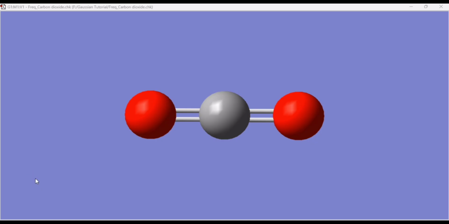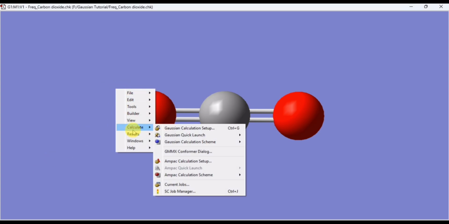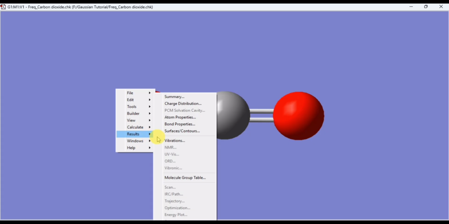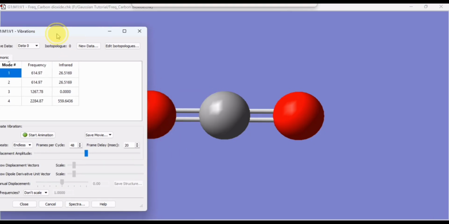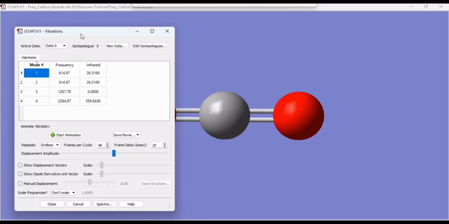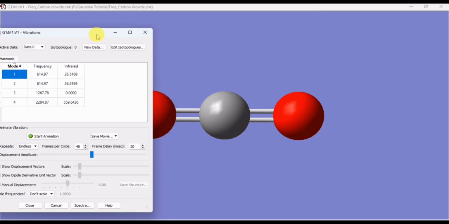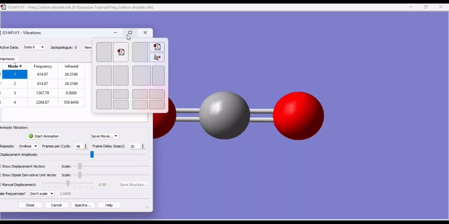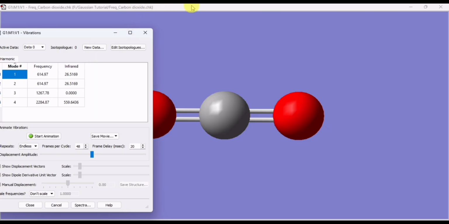Obviously, you will get the thermodynamic information, but before going to the thermodynamic analysis, I just want to show you another important thing, which you will find from result and vibrations. This is basically what we call IR spectroscopy analysis, and this part is required for that type of analysis. When someone is analyzing IR spectroscopy, he is trying to establish that the bonds are formed properly, and using this higher frequency we can show different characteristic bonds as well as different characteristic vibrations present